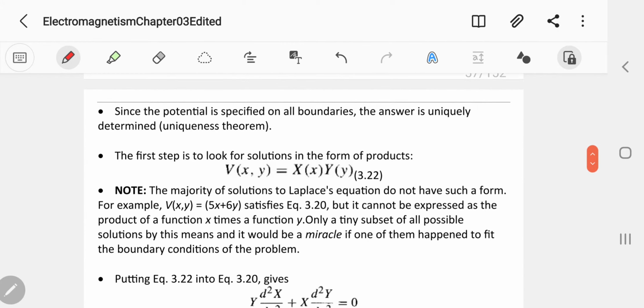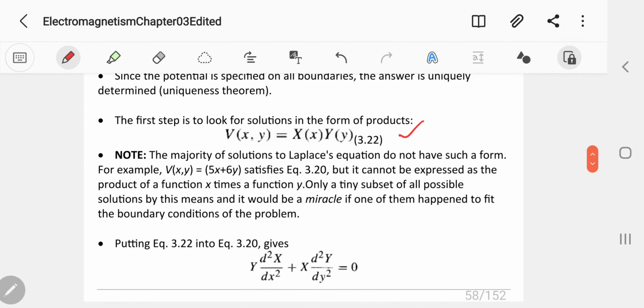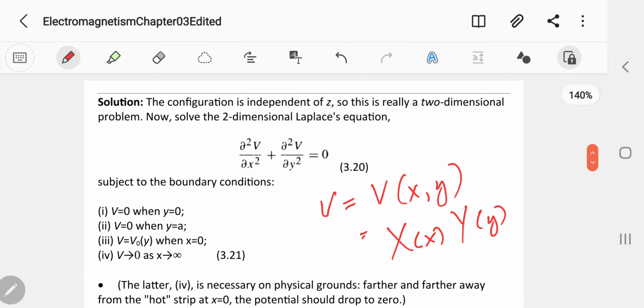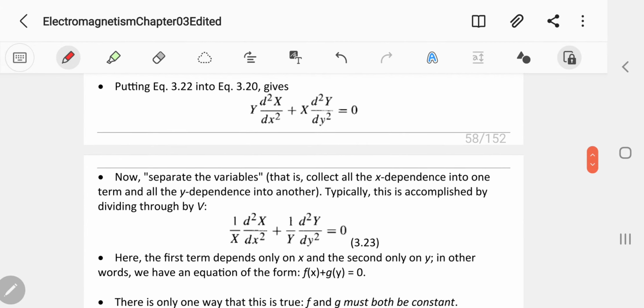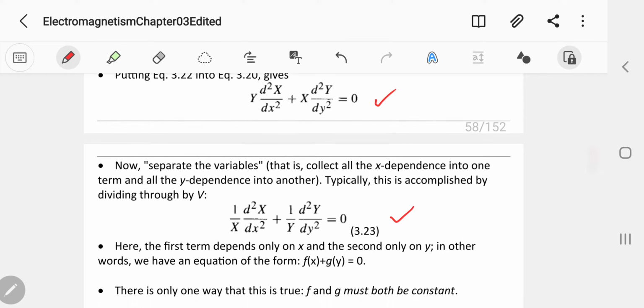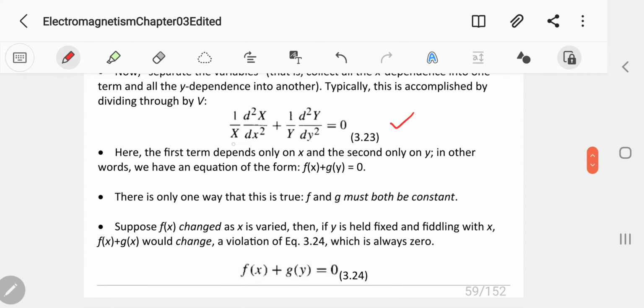So now we have this, and then we substitute this v to here, to this, and then we find that we have this, we can rewrite that into that one, and then we divide by the functions xy to arrive at this equation. And now looking at this, this is just a pure function of x, and this is just a pure function